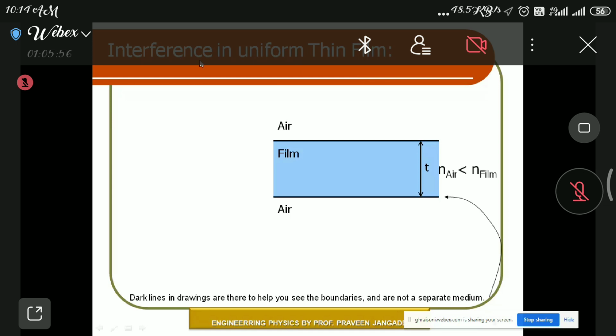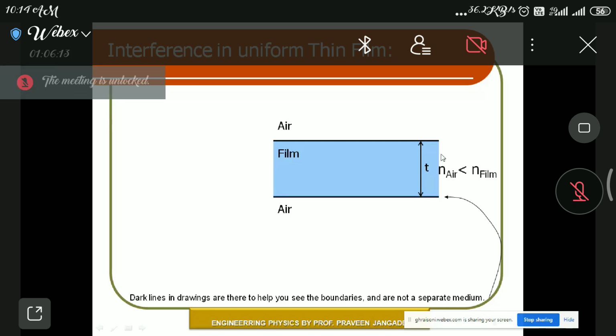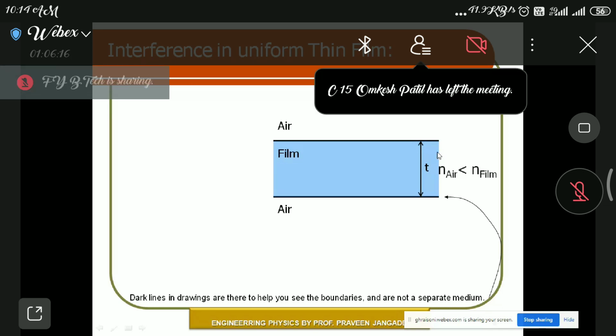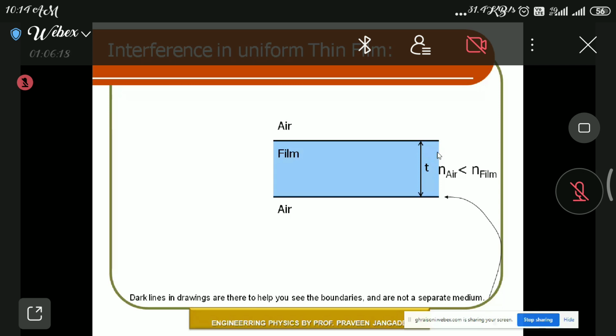Interference in uniform thin film: we have kept the thickness constant. This particular film that we have chosen has a particular thickness that ranges from one end to the other end. It has a constant thickness, therefore it is called the uniform thin film. That is your first statement: we have considered a plane parallel thin film of uniform thickness, that is T. Is it clear? Then next,